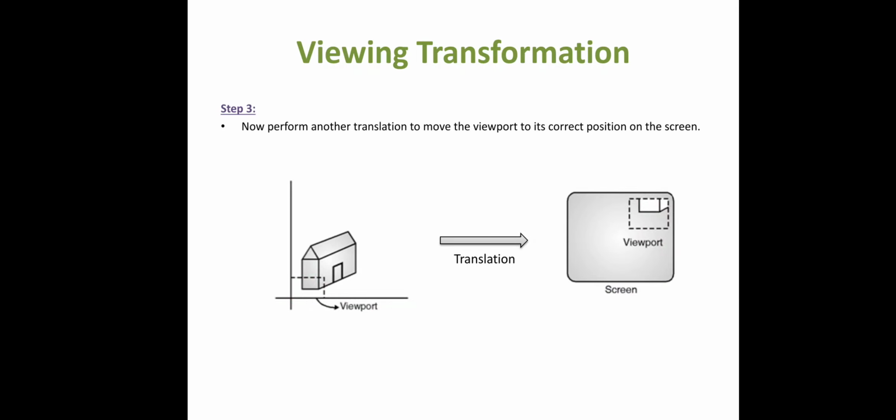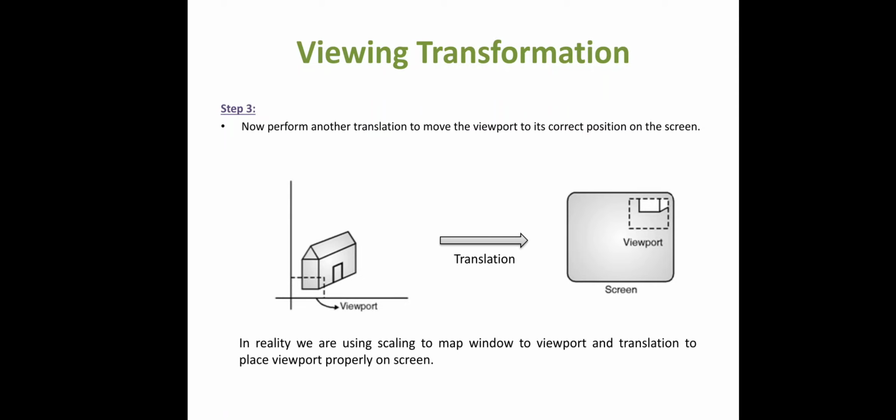So these are the basic steps of the viewing transformation: translation, then scaling, and again translation. In the first translation we shift the window to the origin so that its lower left corner matches the origin. Then we apply scaling, converting the coordinates we want to display, that is, world coordinates are converted into screen coordinates, and the object is converted into the image. Then we display that object on the particular screen by using this viewport transformation. Okay, so these are the things.